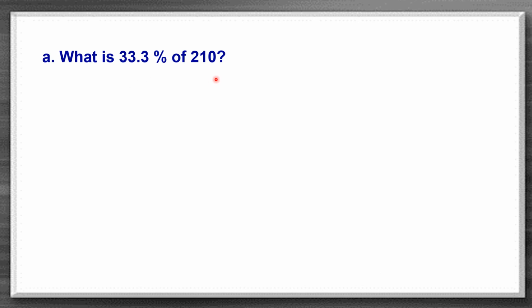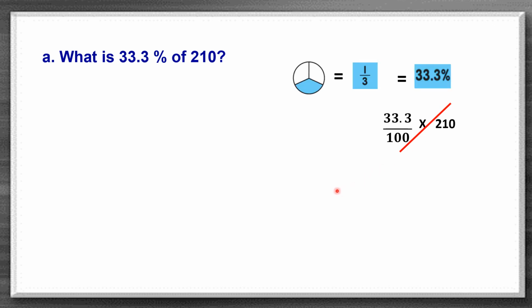By using the chart from the first slide, we'll try to solve this one. Now, in general, how do we do 33.3 by 100 into 210? We have to cancel the zero in the numerator and denominator, reduce it to lowest terms and then solve it. It will be very lengthy, so I have crossed that out. Let's see how we do it.